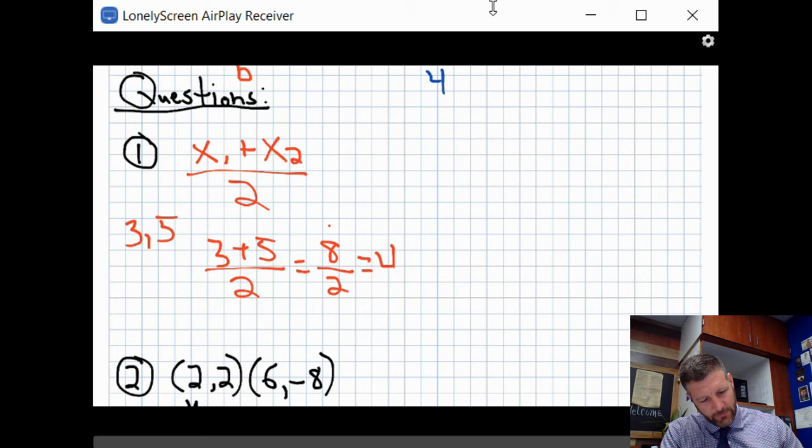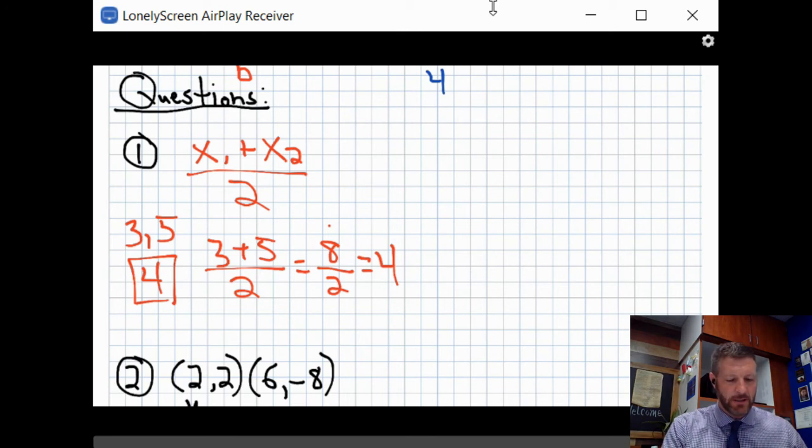So that is 4. Okay, so you just add, that's how you find the midpoint. You add the 2 points together and divide by 2. So what happens if you have a coordinate? So now say you have a coordinate